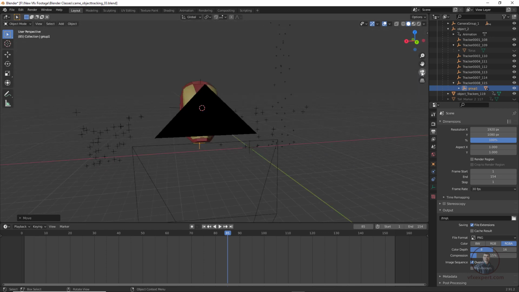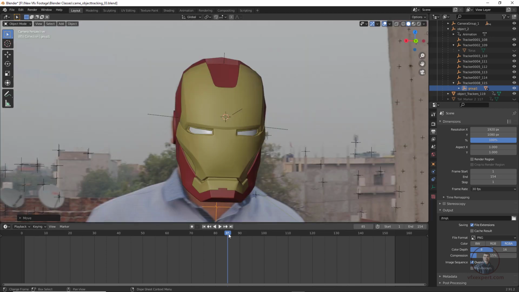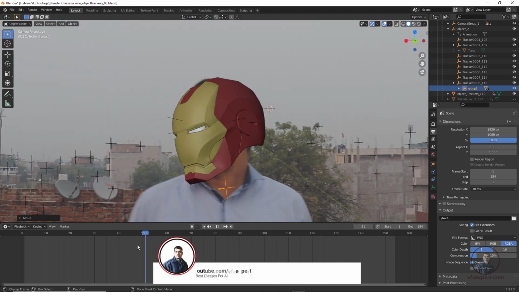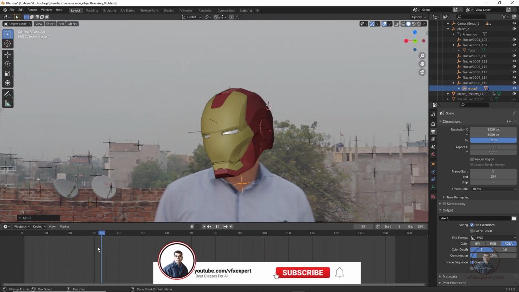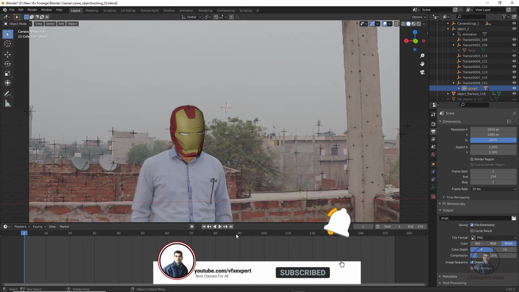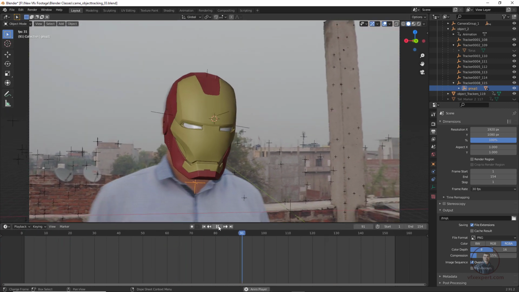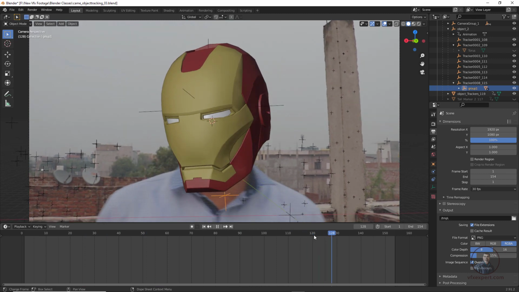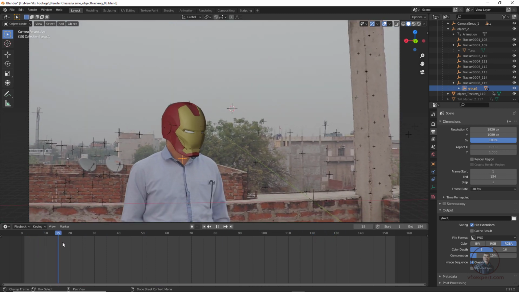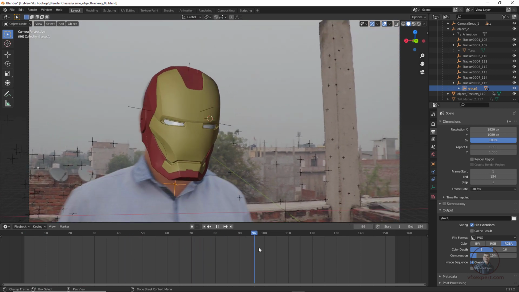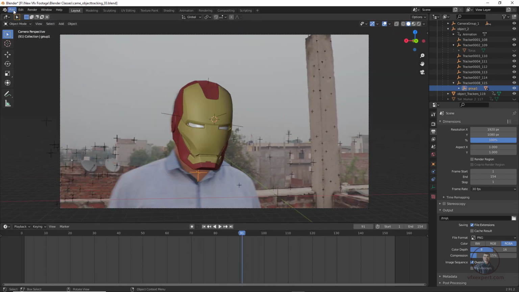Now again come here in this camera view. Now play and check here. This is following according to our face motion. Now you can see, and this is looking good. Now play and check here finally. This is following our face motions here. After this you can adjust your object position, scale, rotation according to your face perspective here. But this is matching. So again, till here, save our project, then File, then finally save here.